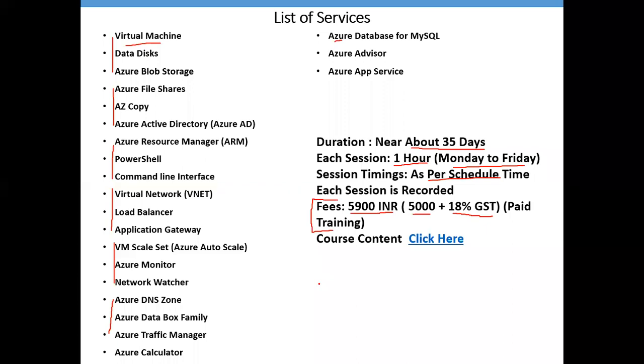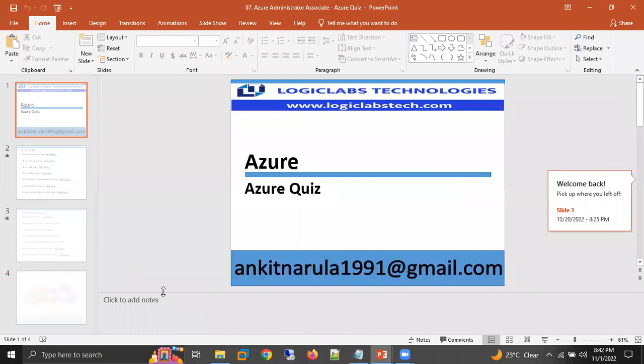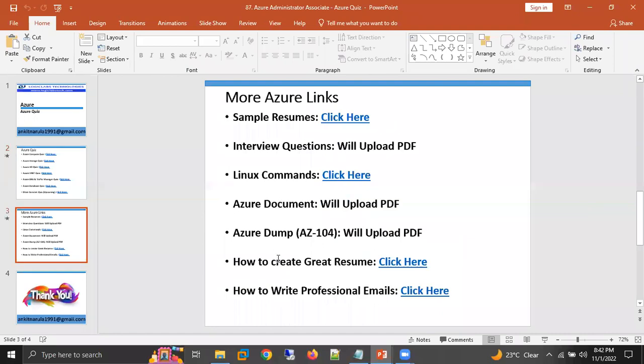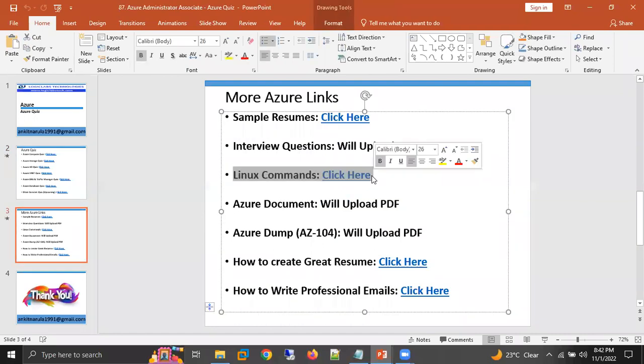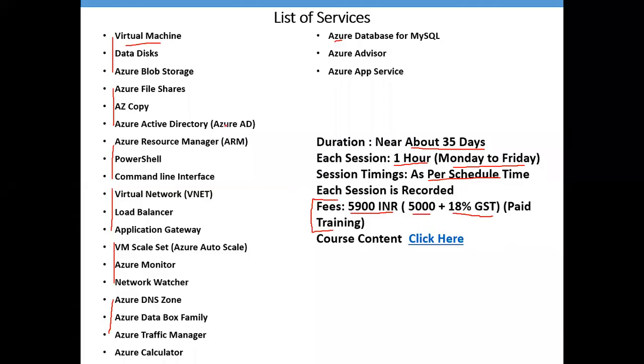Don't worry, there is no prerequisite to learn cloud. If you have basic Linux knowledge, that is good. If you don't have it, that is also good, because at the end of the training, Jeevan, I'm going to share some Linux commands also. If you see PPT number 87, here are the quizzes which I have created, and here I'm going to share some Linux commands which you can learn at the end of the training. Whatever we are learning, we are using Linux commands, so you can just go for it. That is also sufficient. So there is no prerequisite to learn cloud platform.